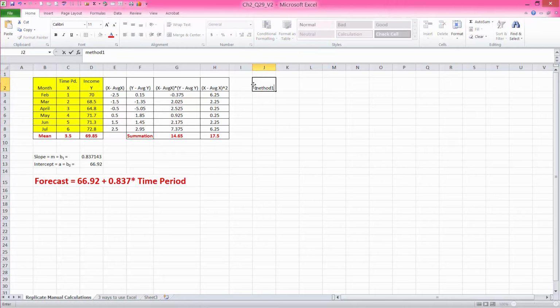is method one, to use the slope and intercept functions. So I can set equal to slope, and it says what are the values. I know income is my y value. Separate by a comma, what are the x values? And I click enter, and now I have the same value that I computed using this manual equation or using the TI-BA II Plus. This is the slope,